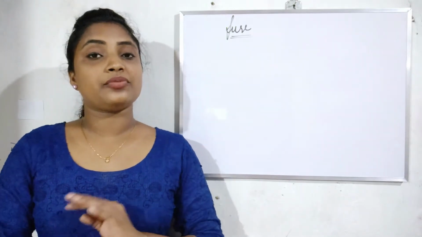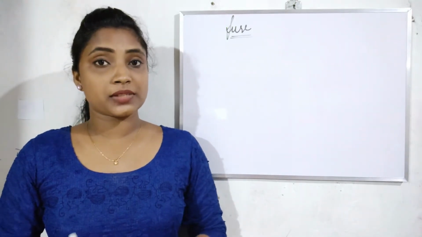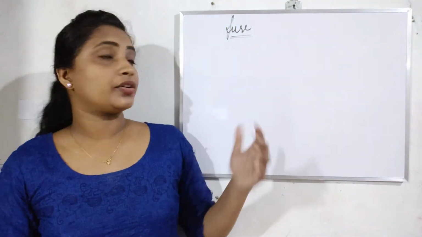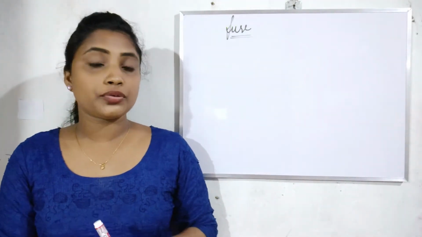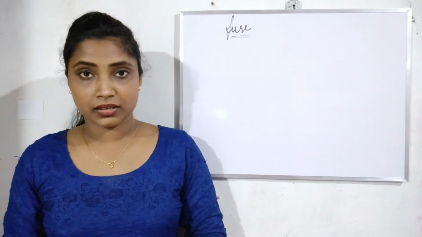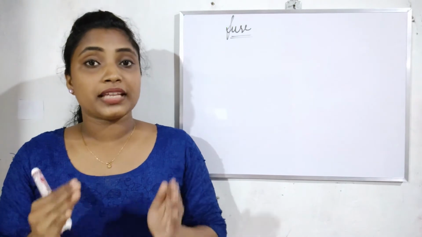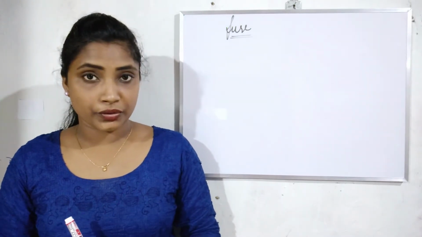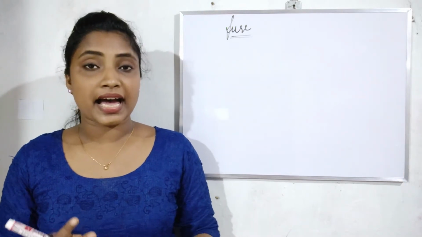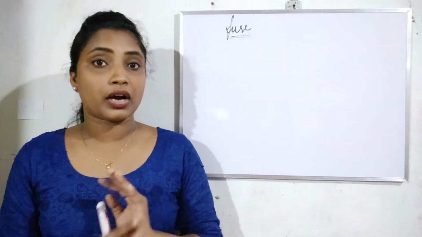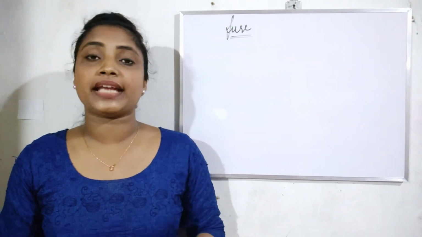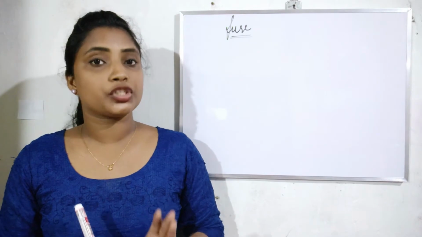The next and very important device which works based on heating effect of electric current is electric fuse. Simply I wrote fuse. A fuse is a device that protects our electric appliance from damage. That means if there is any chance of short circuit, then it will increase the temperature of the circuit and lead to damage of our electric appliances. So fuse melts and breaks the electric circuit in case of short circuit.